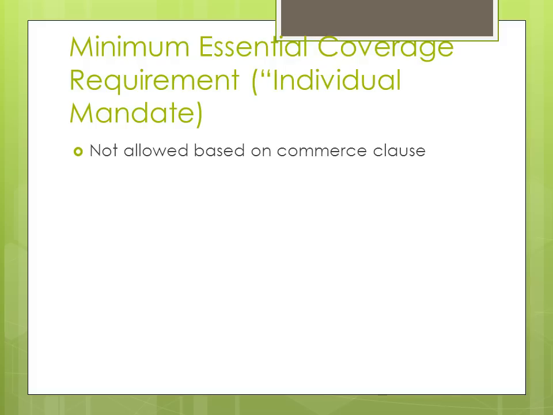So if people are not actually currently involved in some commerce, you can't force them to get involved and then say, well, now you actually have to buy certain things because you're involved. That's a bit strange, right? So that's the Supreme Court's perception of what's going on with people who are uninsured. The government's argument is actually that people who are uninsured cost money. They're actually doing something. So if you're uninsured and you get into an accident, then you're going to come to the hospital, right? And somebody's going to have to pay for it. So you're involved in commerce, the commerce of healthcare and health insurance, whether you like it or not.